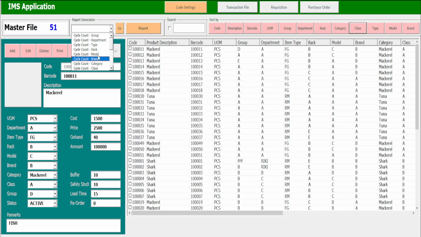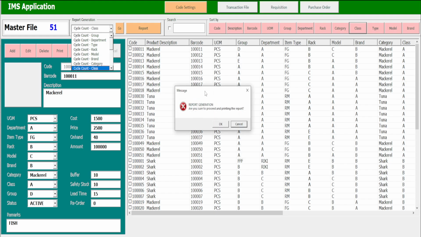So for example, I want to generate the cycle count report by class, this one by classification. All I need is to click this cycle count option by class, and then a message appears on your screen like this one: Report generation. Are you sure to proceed in printing the report?